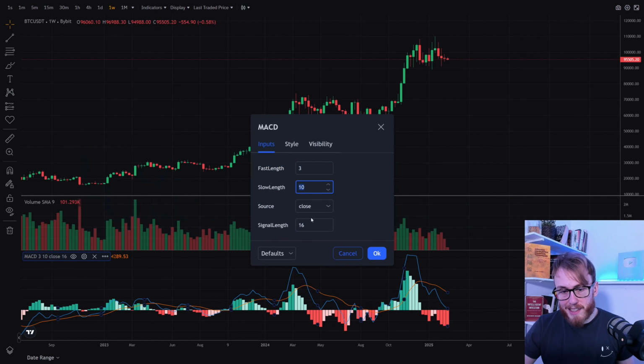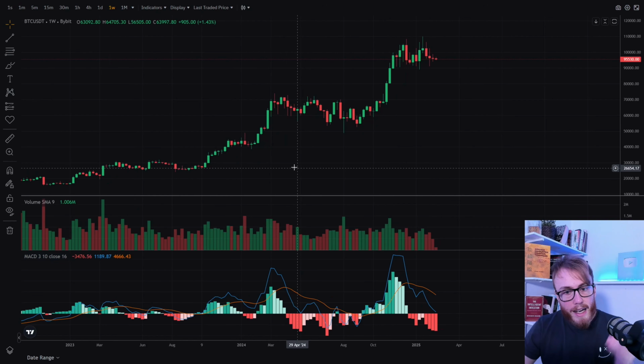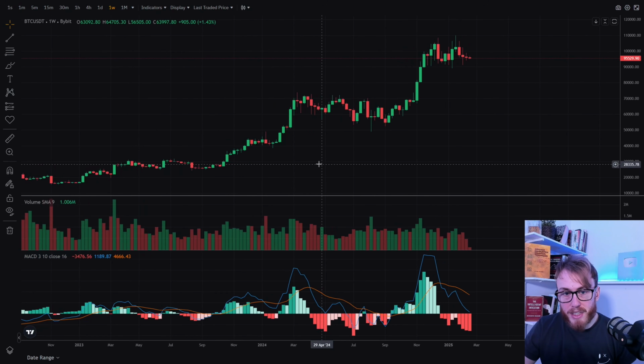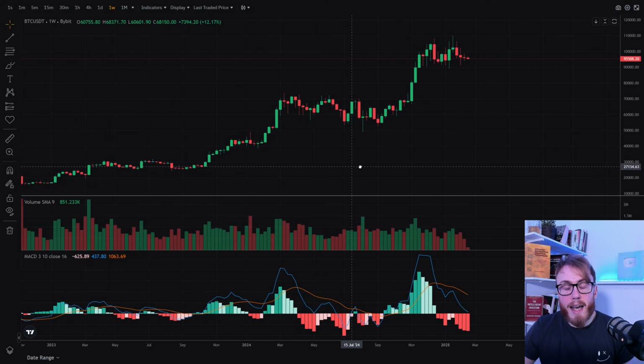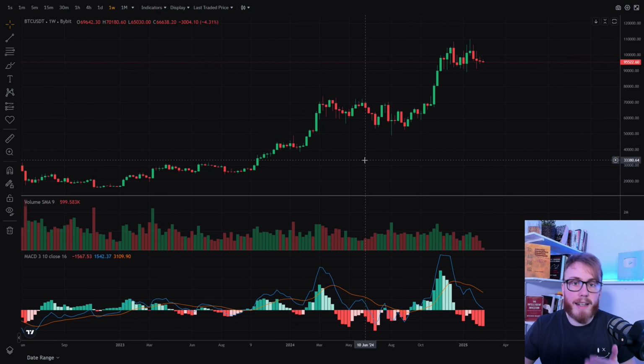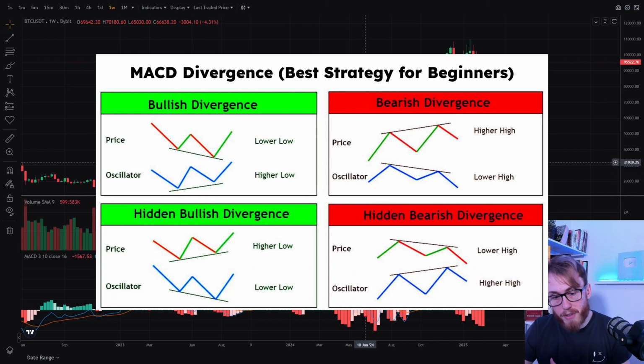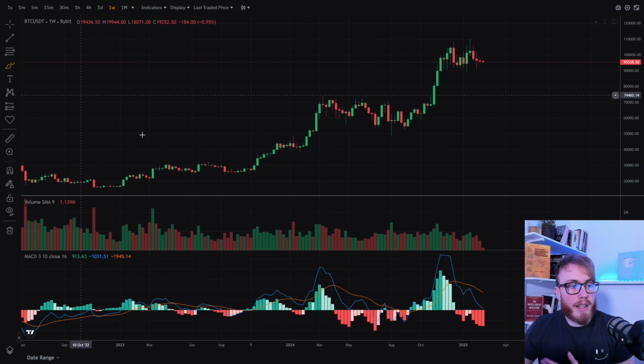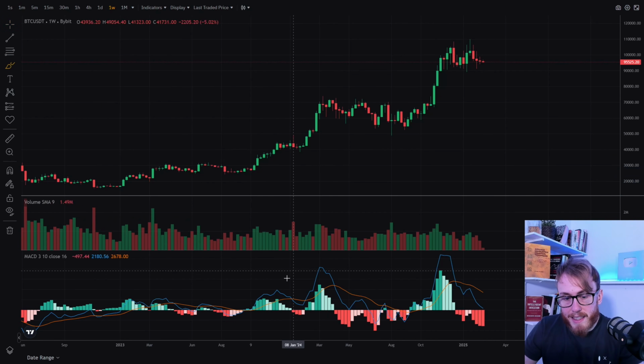But 3, 10, 16 can also work for EMA, so let's use that for now. There are many different use cases for MACD. When it comes to the normal MACD, I like to use it for something called divergences. But here with the 3, 10, 16, one thing I like to look out for is